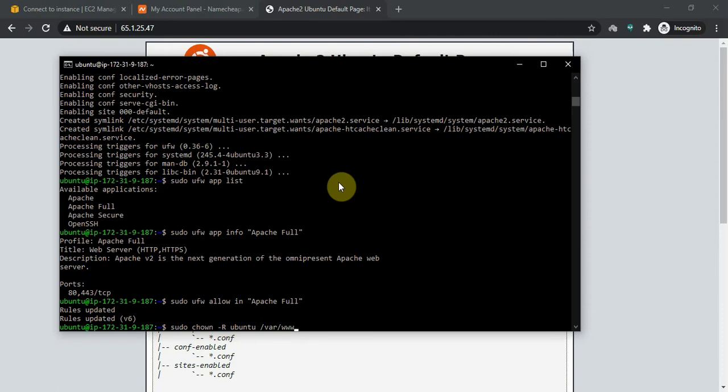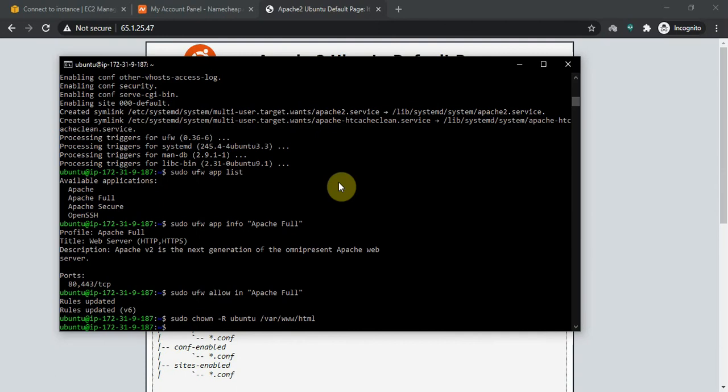So it will make www as, okay, we will make html, right? We will do html here. We can make www also have ubuntu permission, but let's do html. Done. Let's check.